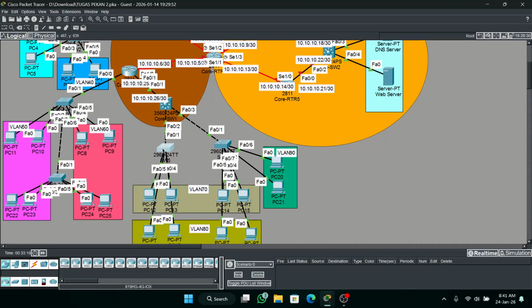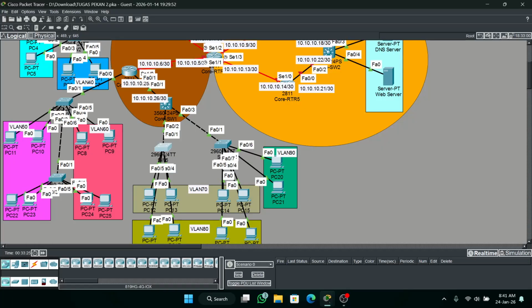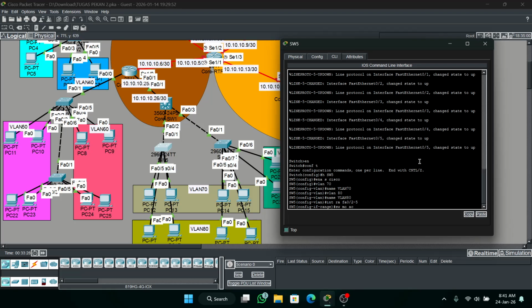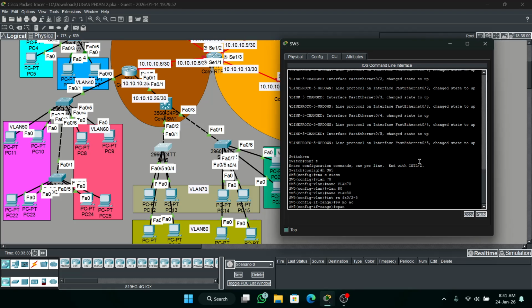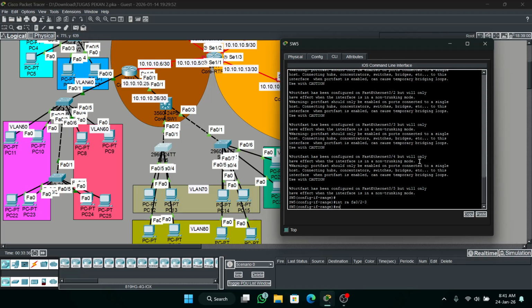Okay, I see. This is 2 and 3, and this is 4 and 5. Switchport mode access, spanning-tree portfast. Okay, access VLAN 70.